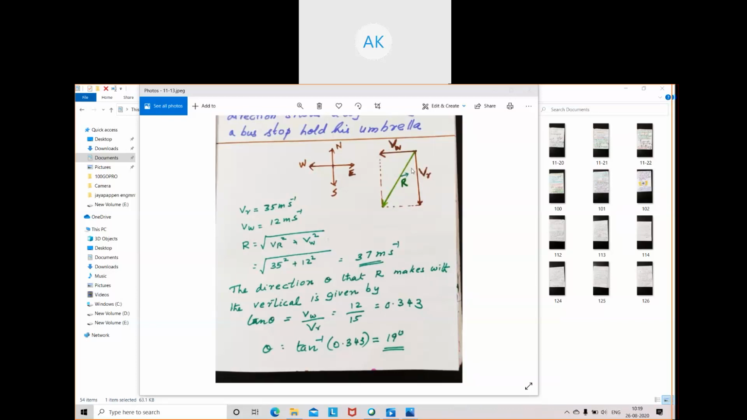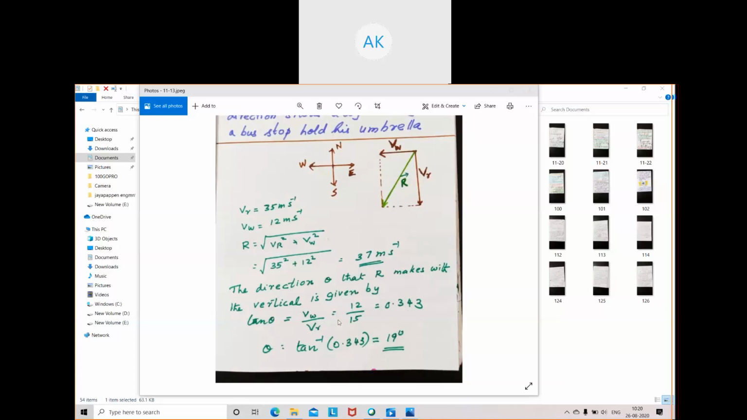This is angle theta. That means with respect to the rain, in what direction should we hold our umbrella to protect us from the rain? Because of the wind, the direction of the rain is changed, and in order to find the direction in which we should hold our umbrella, we should find tan theta. Tan theta is opposite side by adjacent side, VW by VR, 12 by 15. That's equal to